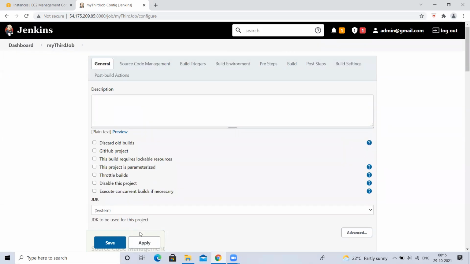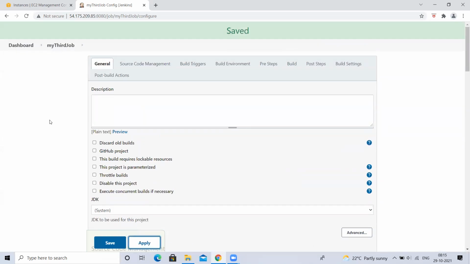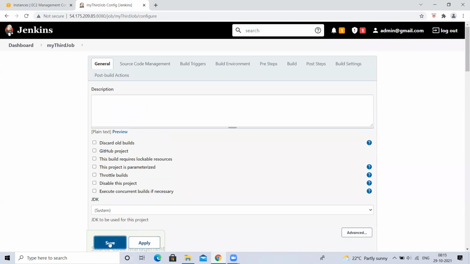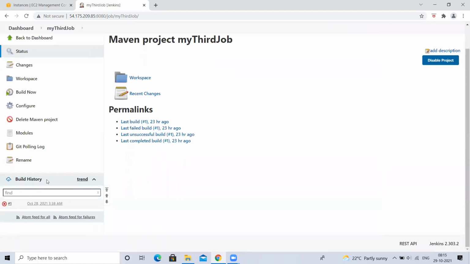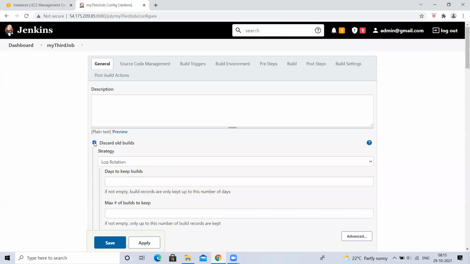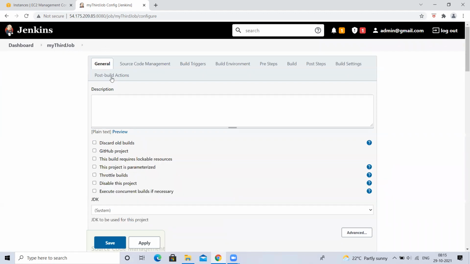Now, when someone triggers this job, let me show you this. How many times have I triggered this build? Once, right? Now if I go here, there is the option Discard old builds. These are all the settings related to that particular job. Don't question me again: if I change this job, will it affect the other jobs also? No, since I am inside a job, these are job-related settings.